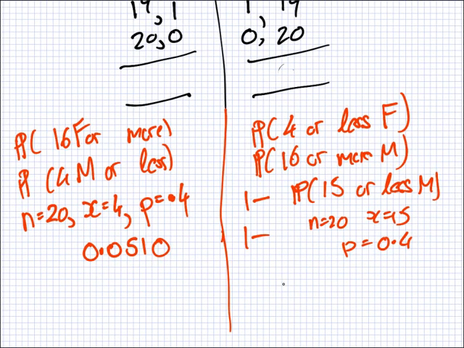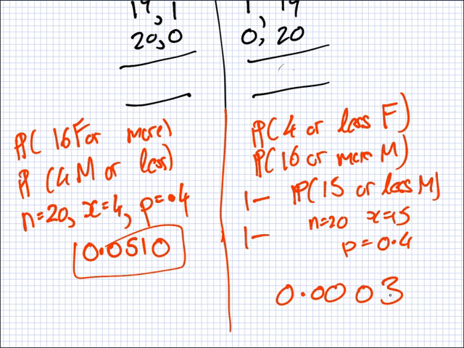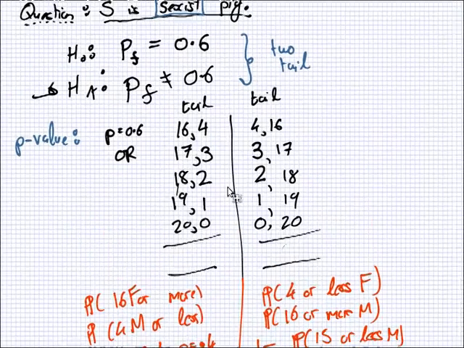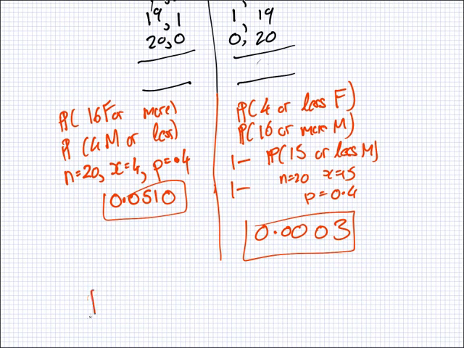So what's the final answer for this side? 0.00003. So remember at the start I said this should be effectively 0 because it's so outrageous. What did you get? 0.00003. But that's not surprising because I said at the beginning it's outrageous to try and consider the situation that the person is biased completely opposite to what the data might suggest. So, or means add. So what's the final answer? P-value equals